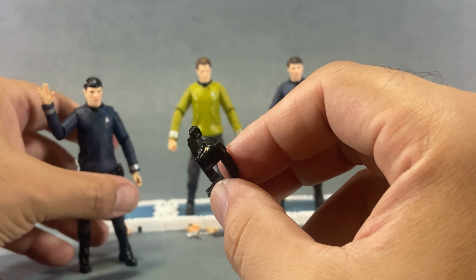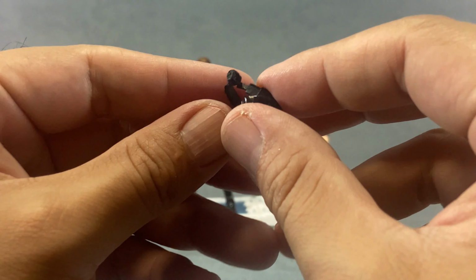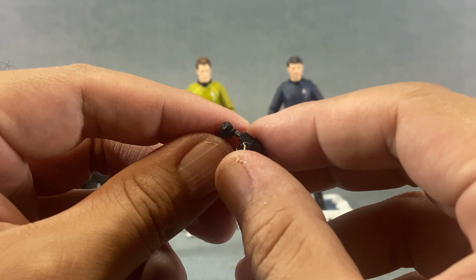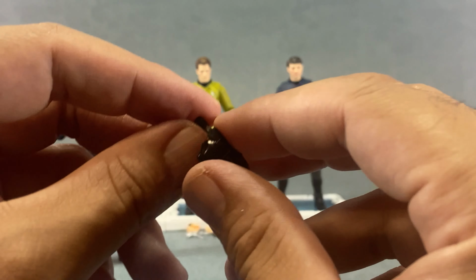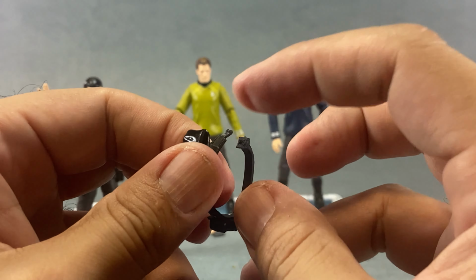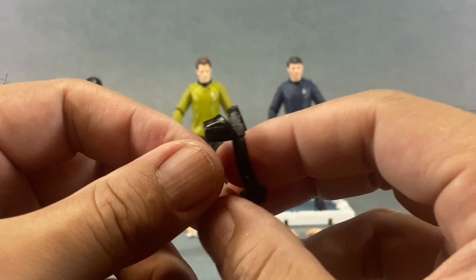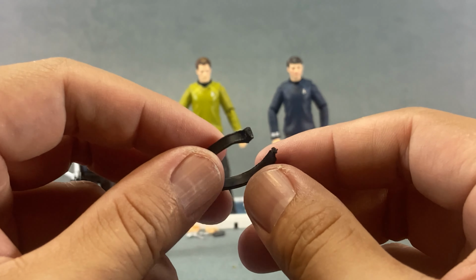Now, you can disassemble the belt, but good luck trying to slip this little part back into this little hole. I spent about 40 minutes trying to get this thing back in there, and I could not. So I finally gave up because I'm worried that I'm going to break it. I think I'm going to have to maybe put crazy glue on this part, wait for it to dry to harden a bit, and then connect it back in. But guys, if you don't want the hassle, I recommend that you do not disassemble the belt